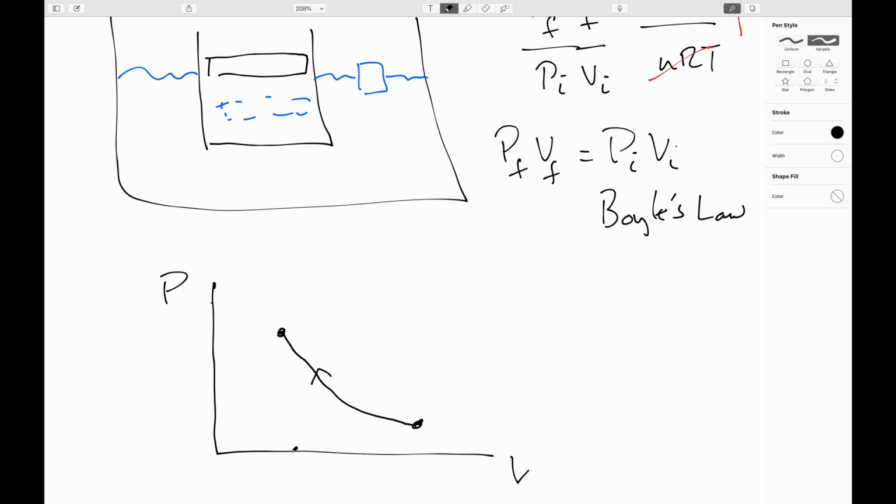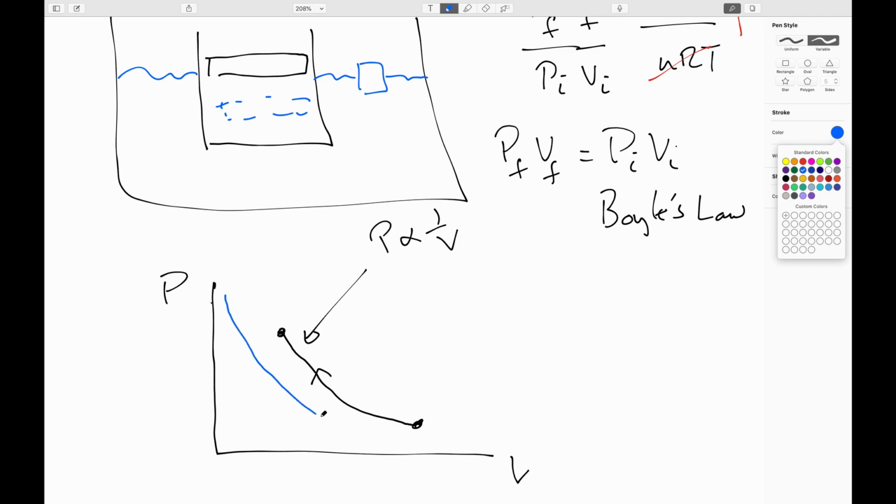The volume was bigger, got smaller. The shape of the curve here is going to be, the pressure will have to go through the reciprocal of the volume. Now, where exactly this curve is situated depends on the temperature. If we were maintaining the temperature lower, it would fall along a curve that looked something like that. So I'll just label this as a lower temperature. And again, this is pressure goes 1 over volume. The only difference is just the constant involved. And if it were a higher temperature, say here,